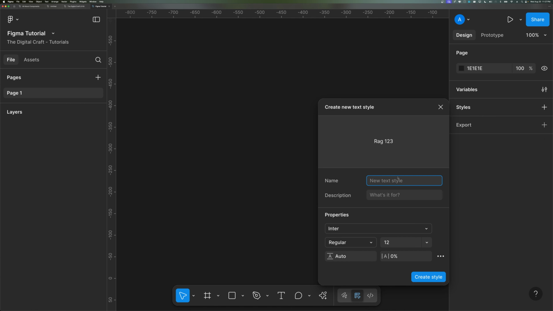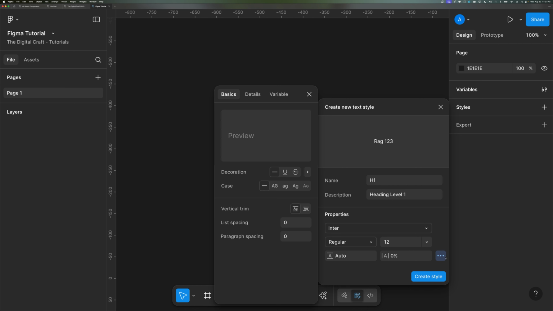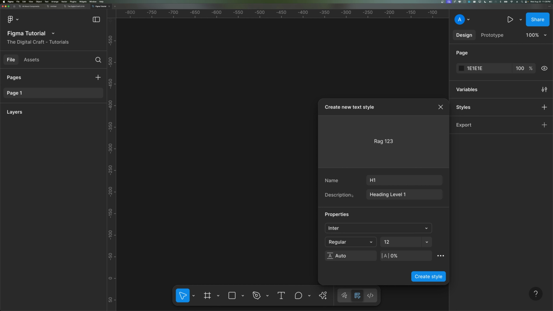You can name it. Let's say we're just going to make one for an example. Since I am a developer, I'm going to name it something that would translate really well for me. So I'll make this H1, and for the description, you don't have to add a description, but for this we will say heading level 1. So you can go in and select these font properties. Looks like you can get a little bit more detailed. But whatever you set here, if you were to apply this